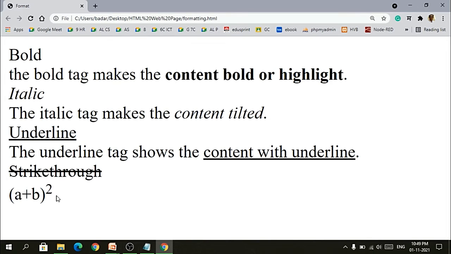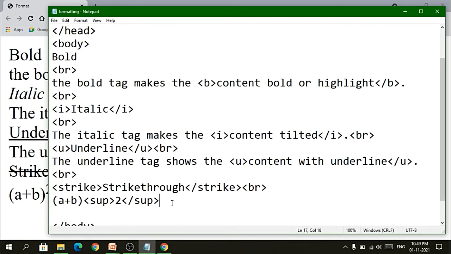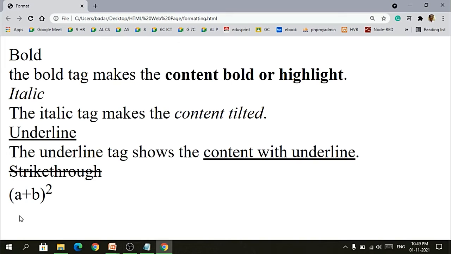Now I will be using a chemical formula which is H2O. In this also I will show you what exactly would be the output. H2O. So this is the formula for water, chemical formula or chemical equation.